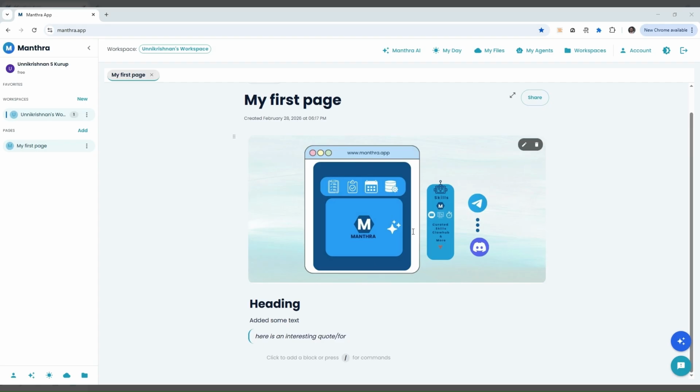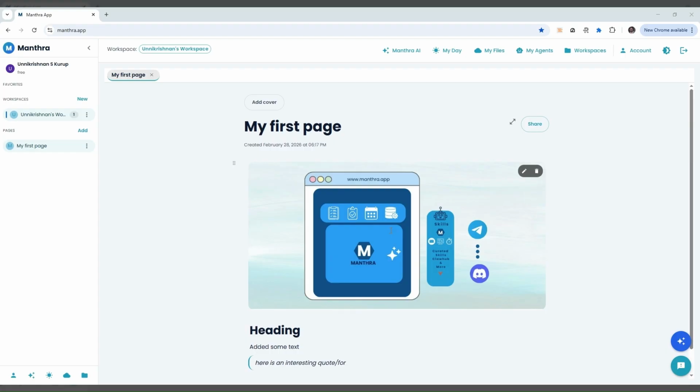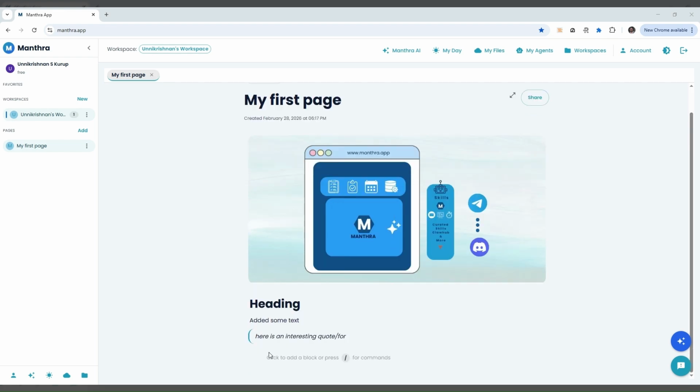As you can see here in this picture, Mantra's AI assistant is always there within Mantra to help you out, for example to create pages, to create content for you, to input data into the database for you, etc. Then there is the task management and reminders, which you will see soon in a My Day view. Then there are the databases, etc. To help you understand what the My Day view is,